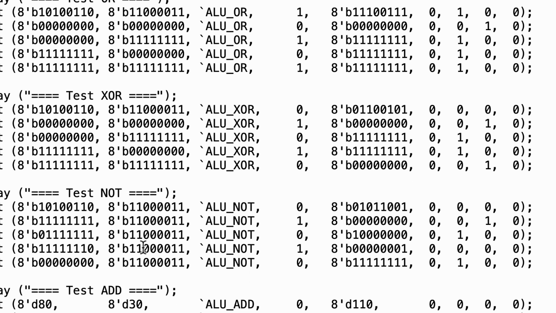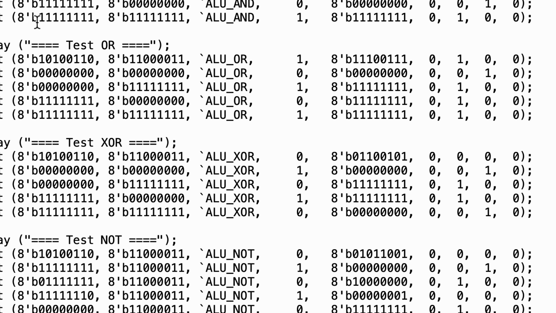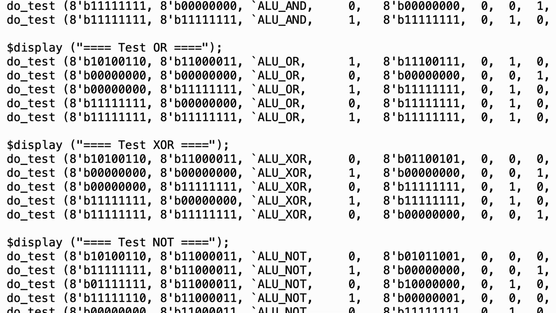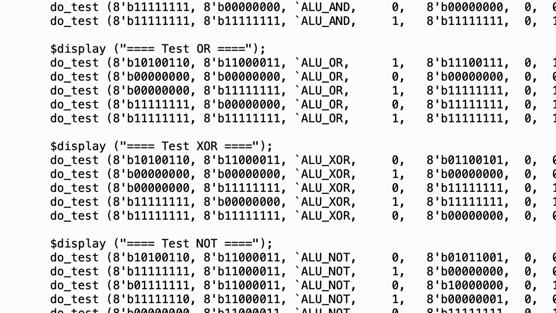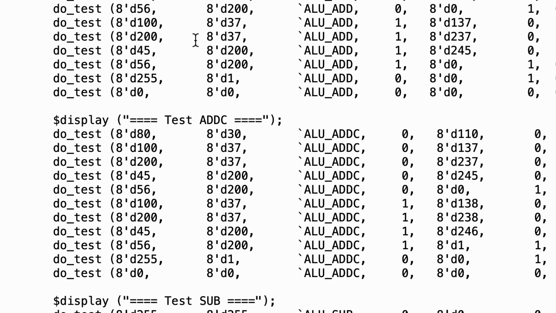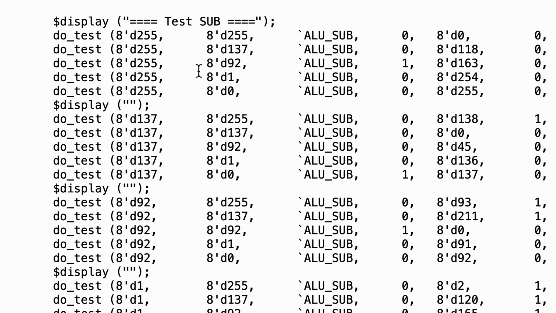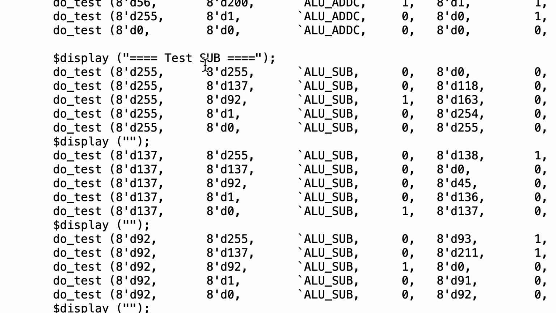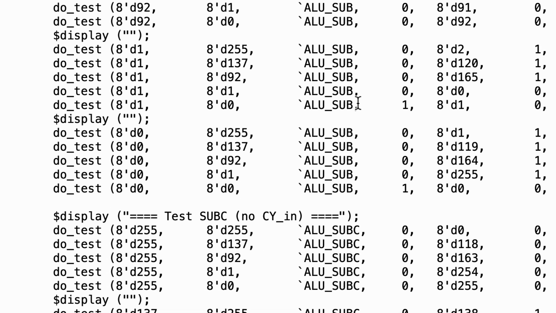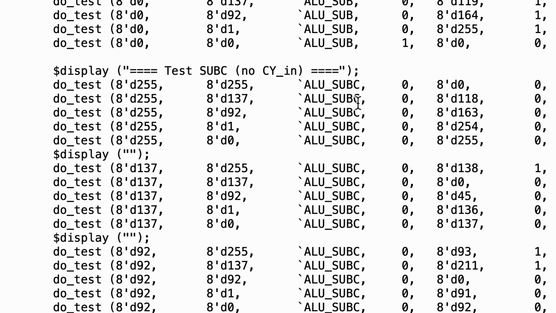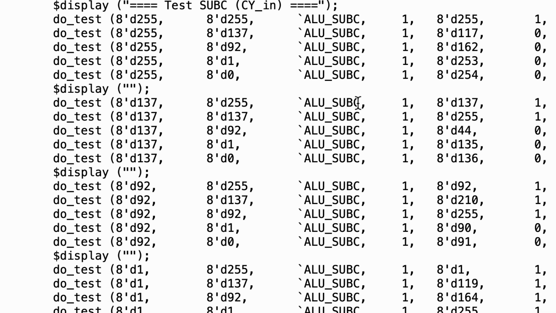And then at this point, let's shift down to the bottom of the file and look at this do task so we can see how it works. So let me just scroll down here through all of the different tests. Now, I should add that in some of these tests, for example, for testing the subtract function, I'm providing the inputs in decimal just because binary was driving me crazy. But in either case, it's 8 bits, and so it doesn't matter whether you specify it in decimal or not. Okay, so let's go down here to